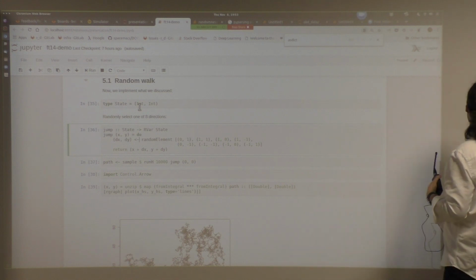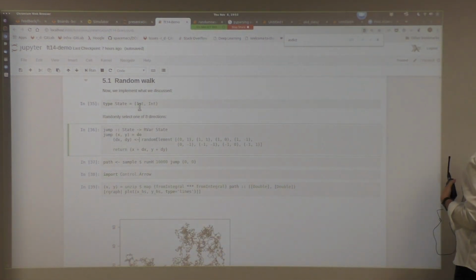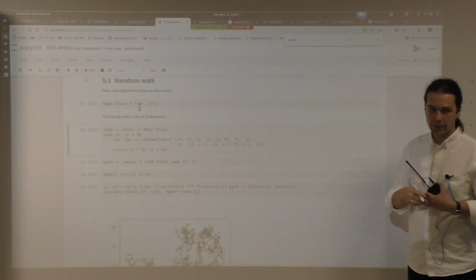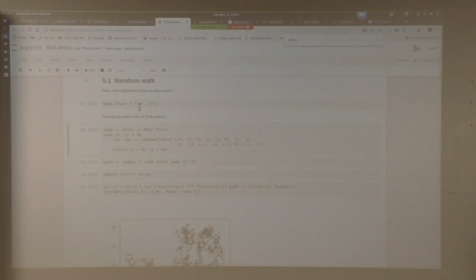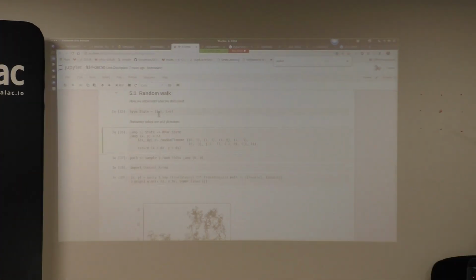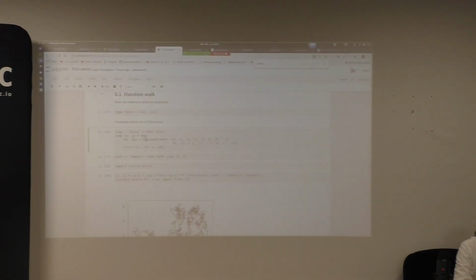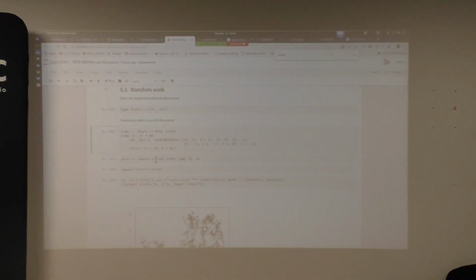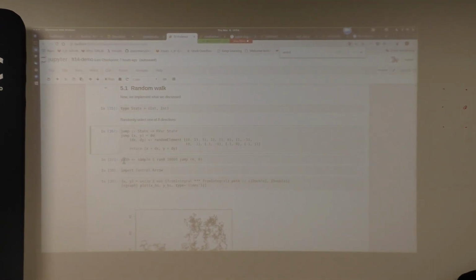Okay, if we are here, we have one point above, diagonal to the right, diagonal down, diagonal here. So we are here and we can randomly go to one of those points. This is what we are doing here. We randomly choose one of the 8 directions and then we modify our state. Pretty simple, I guess.